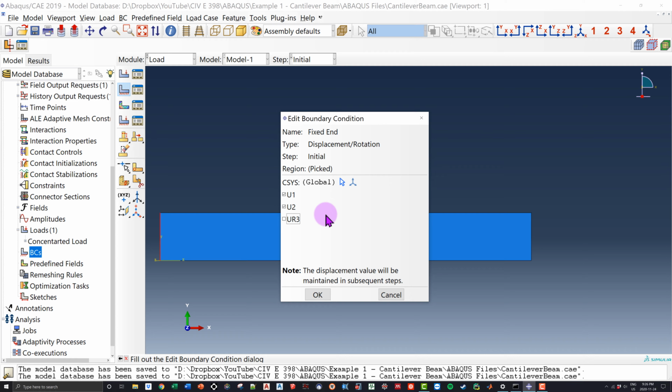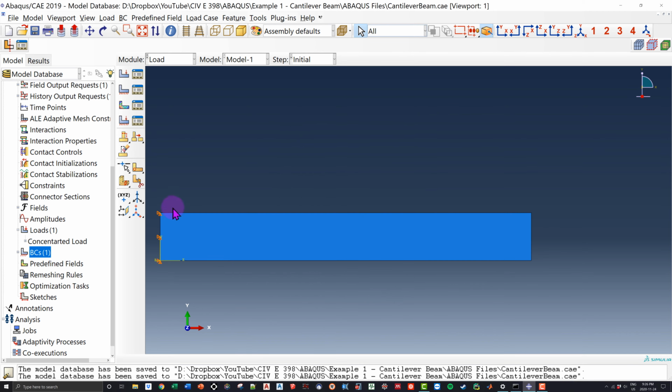I'm not going to discuss why that is, but I'm just letting you guys know that if you want to find that fixed end, you only need to click U1 as well as U2. Now, what's nice for us is, all right, I'm going to define that. And if I look here, it actually has a nice little picture showing that we have a boundary condition defined,